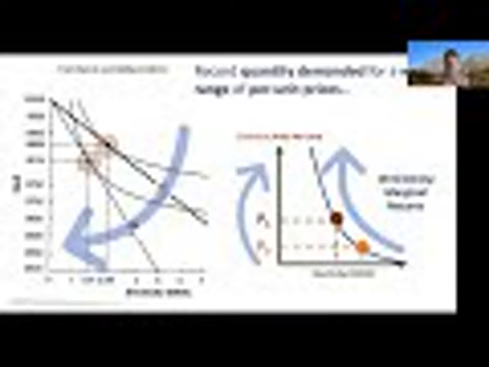All right. So the last thing we're going to cover today, in the last, say, 10 minutes here, is the notion of elasticity. Elasticity is a term that economists use to represent how something changes when something else changes. And it's usually how the quantity of something changes when something else changes. So when the income changes, how much does the quantity purchased change? When the price changes, how much does the quantity change?